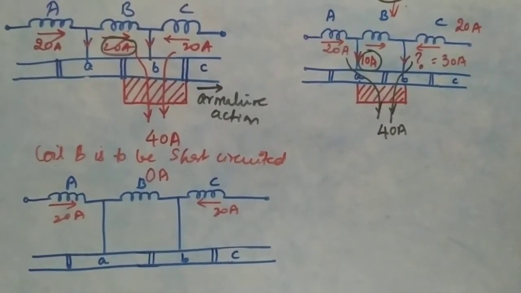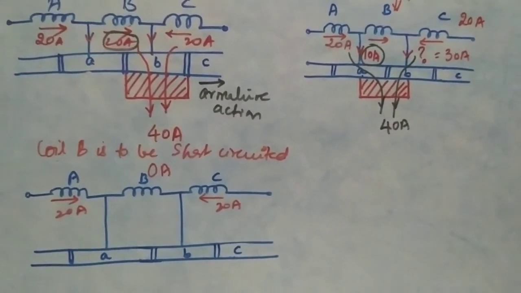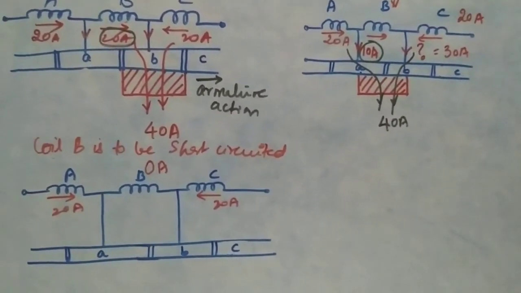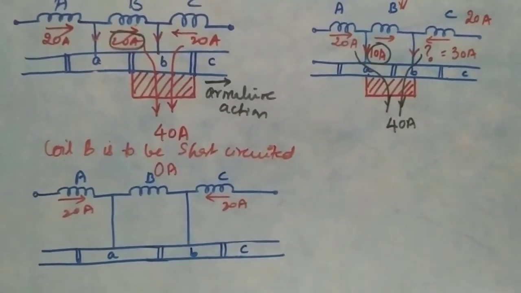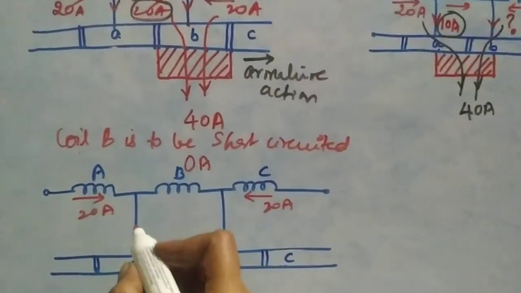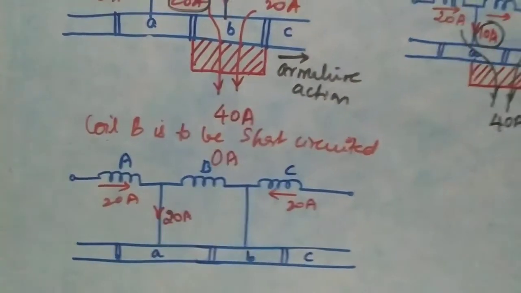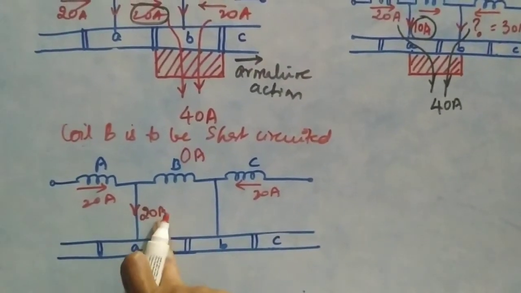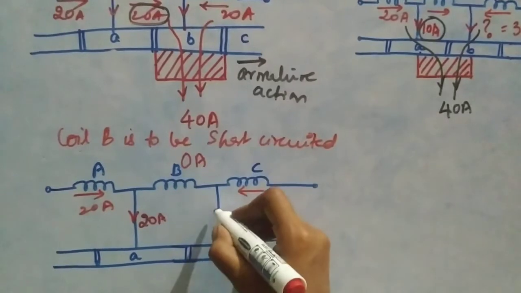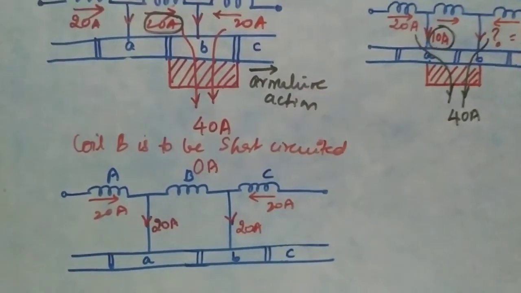So you will find the currents are 20 amps and 20 amps. Here you will find that this part of the current will again be 20 amperes, because if you solve, if this is 0 amps, then the remaining here will be the 20 amperes itself, and here also 20 amperes of current will flow.